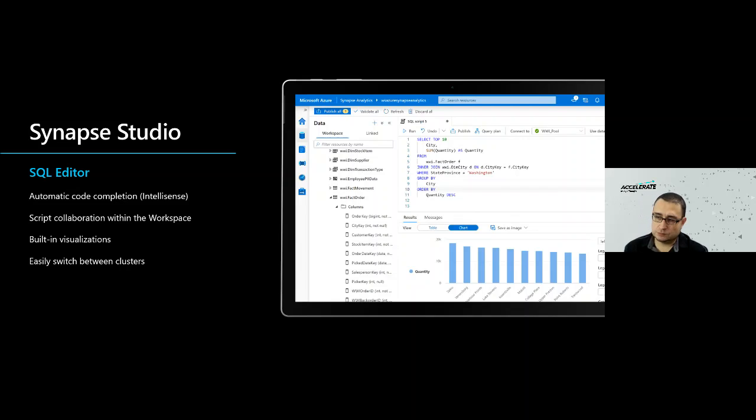And Synapse Studio, as you will see in the labs, is a web-native experience that ties everything together in a single location. So you don't have to install applications on everybody's laptop. You don't have to make licensing available for everything. Everything is bundled in this web-based development environment that is truly a holistic development environment in a web-based solution, right?